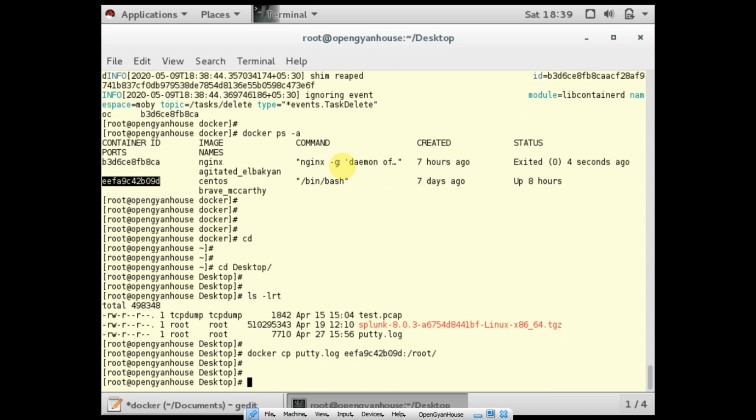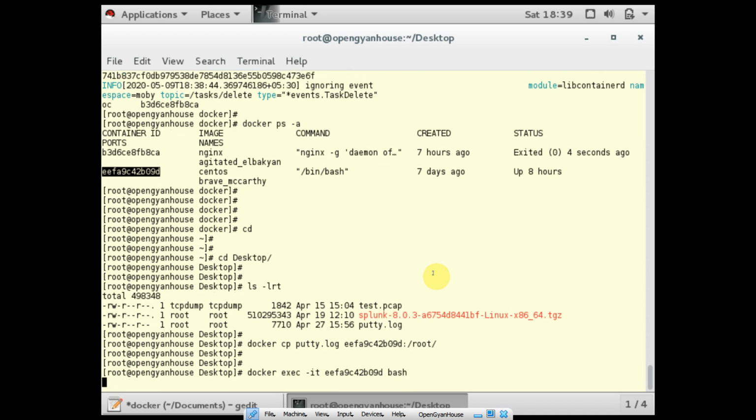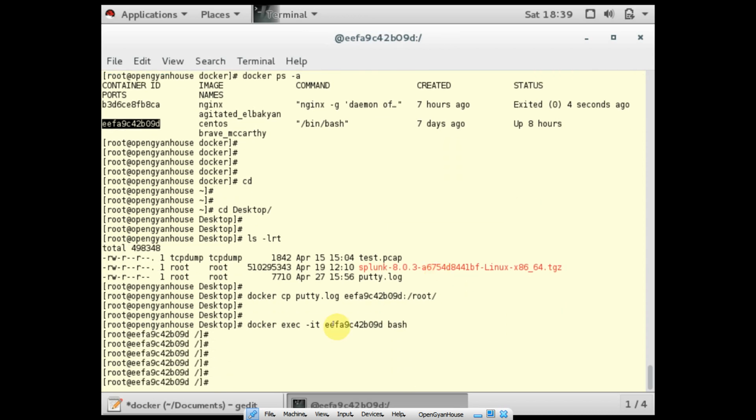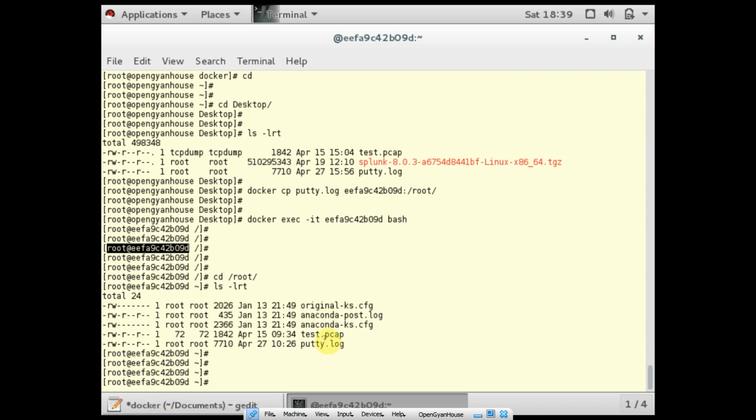If you want to see whether the file is copied successfully or not, you have to log in to your container. For login you have to use the command docker exec -it and then bash. You can see I am now inside my container, and let me switch to the root path to see whether the file is there or not. You can see the file is already there.